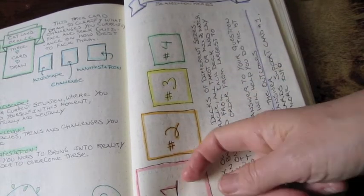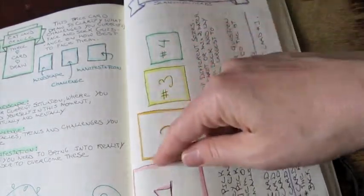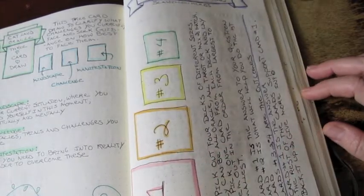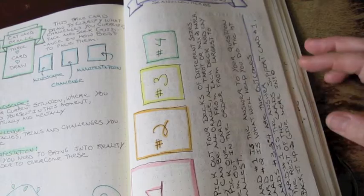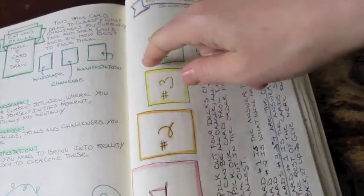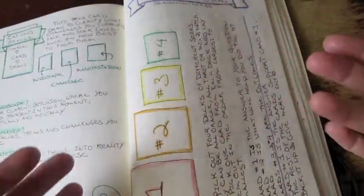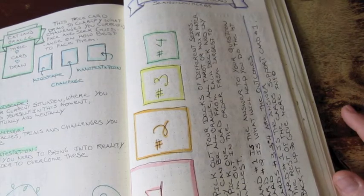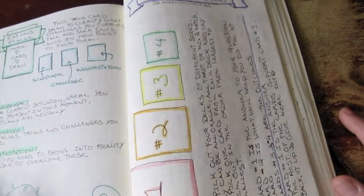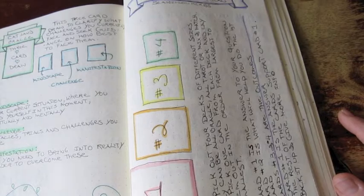and then 3 and 4 are like the outcome of the answer. The other way is card number 1 is the answer, and then the rest of the cards support card number 1 as a backup and to give it more information. This is sort of riffing off of the way Tom Benjamin likes to read 3 cards. He has 1 card as the answer, and the other 2 support it as evidence. I haven't messed around with it too much, but